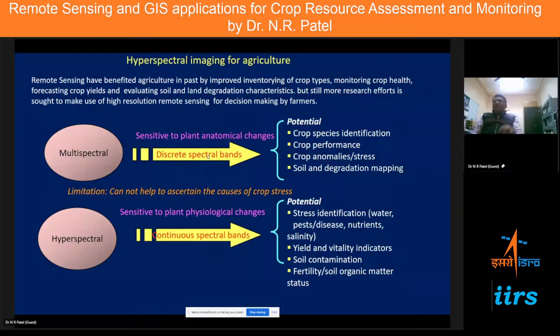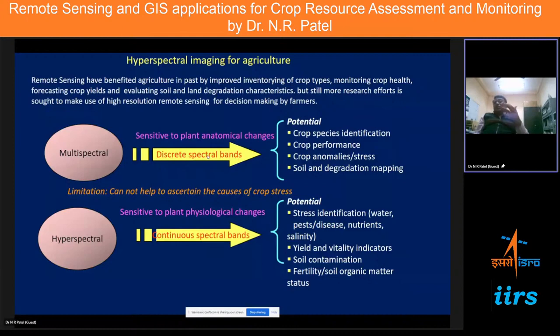That is stress. Whether it is because of nutrients, pests, disease, or temperature, we cannot figure it out with multispectral remote sensing. For that, we need very high hyperspectral resolution data. 10 nanometer narrowband indices we require. So 10 nanometer wavelength based hyperspectral data from 0.4 micron, that is 400, to almost 2500 nanometer wavelength